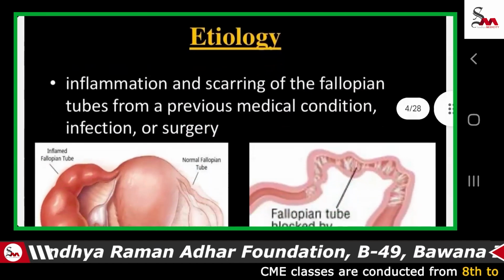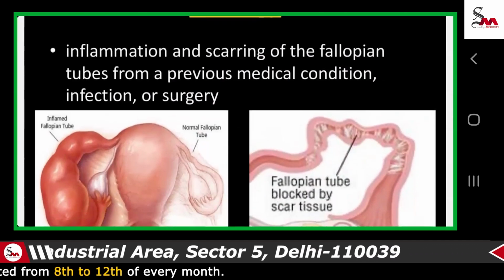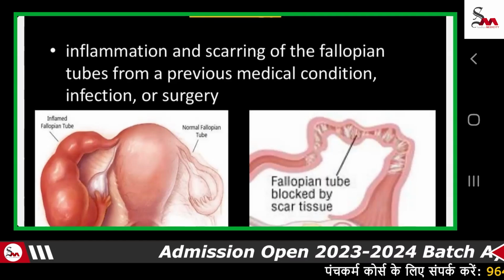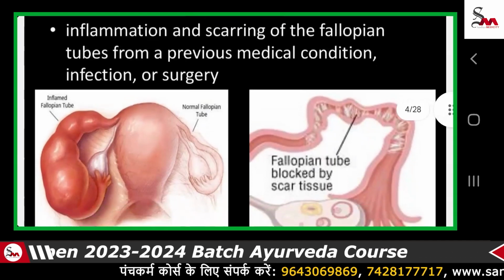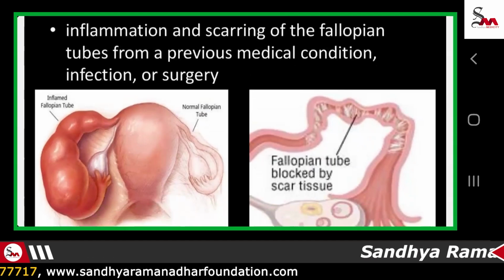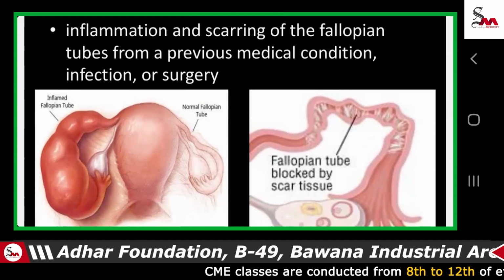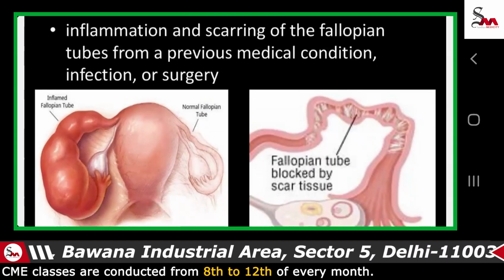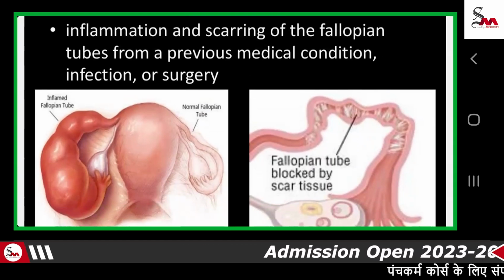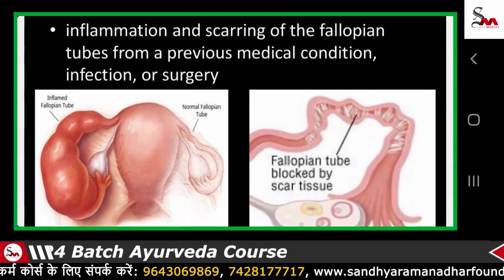So what is the etiology? Inflammation and scarring of the fallopian tubes from previous medical conditions, infection or surgery give a platform for ectopic pregnancy. When the fallopian tube is normal, its motility and cilia work in the normal way, and facilitate the fertilized ovum to grow in the uterus. But due to conditions like inflammation and scarring of the fallopian tubes, the cilia don't work properly or the motility is decreased. Many conditions cause that, like infection, tuberculosis being the most common, and post-surgical